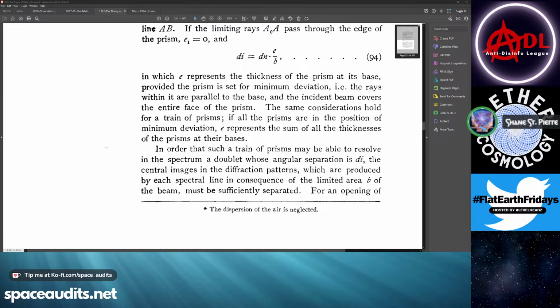Same considerations hold for a train of prisms. If all the prisms are in the position of a medium deviation, E represents the sum of all thicknesses of the prisms at their bases. In order that such a train of prisms may be able to resolve in the spectrum of a doublet whose angle separation is DI, the central images in the diffraction patterns, which are produced by each spectral line in consequence of the limited area O, note B, of the beam must be sufficiently separated for the opening of